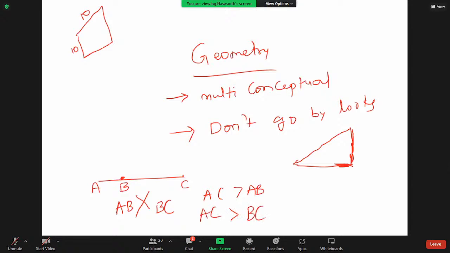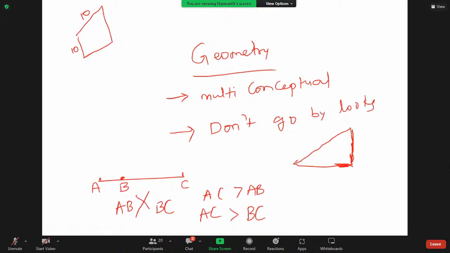Because we don't know where this point B is, it could be anywhere on this line segment AC. But one thing is, it will definitely be in between A and C. AC means the distance between two end points, the total length of a line segment. So the total length of a line segment will be greater than a part of it